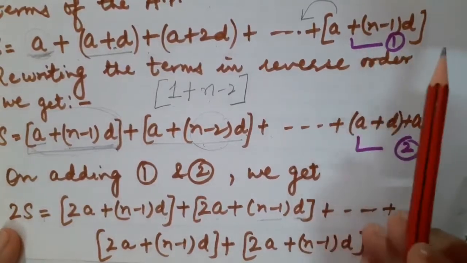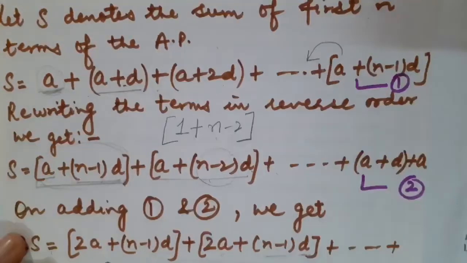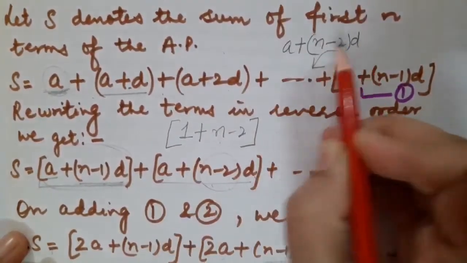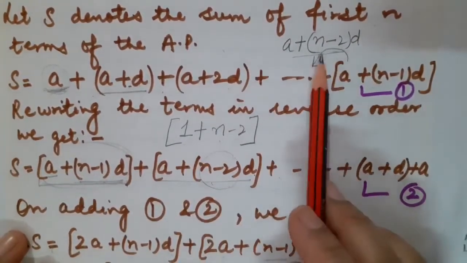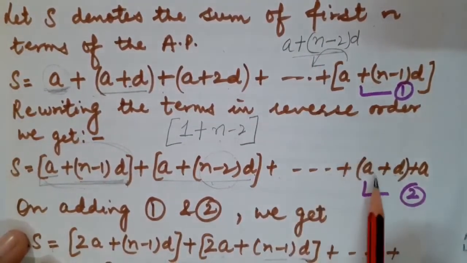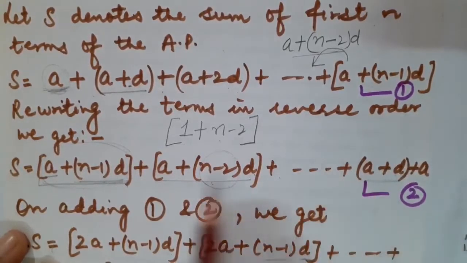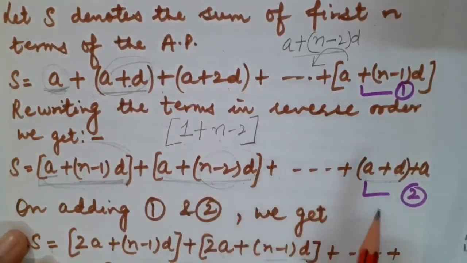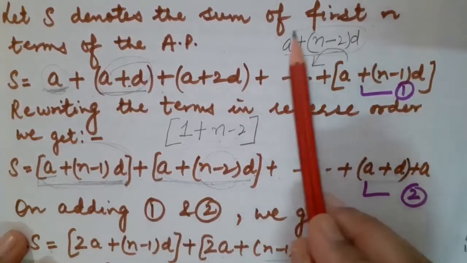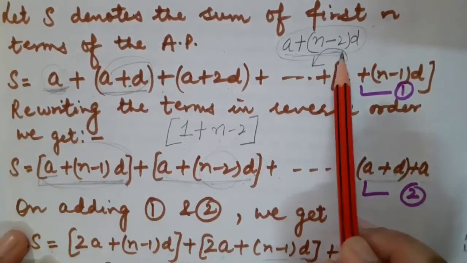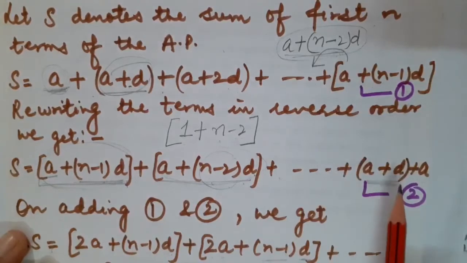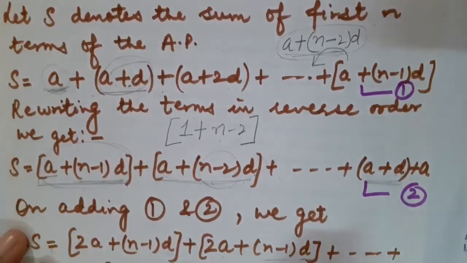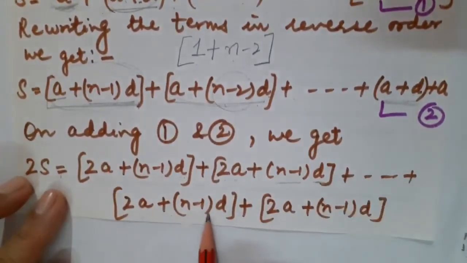So in the same manner, let us talk about the second last term now. Here this is a plus n minus 2 into d. This I am going to add. This is the second last term of equation number 1. Fine. This I am going to add in a plus d. So children, definitely here also you added a plus d and a plus n minus 2 into d. The same terms you are going to add. Here now it is a plus n minus 2 into d. Here in equation number 1 and in equation number 2 we will be having a plus d. Are they not the same term which we have just added? Fine. So definitely after adding them again I am going to get 2a plus n minus 1 into d.